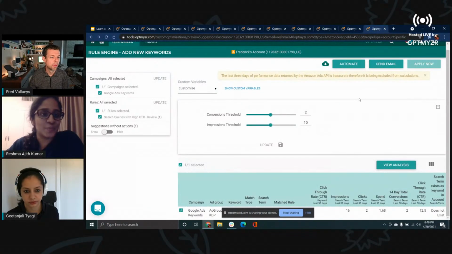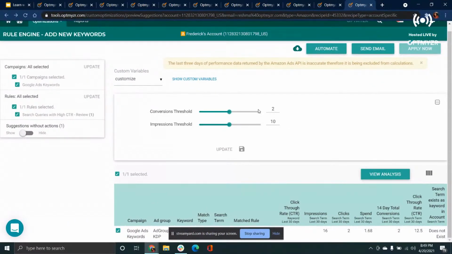Yes. And I've just opened up the suggestions. In this case, it's just a demo, but right now I've reduced the threshold to 10 just to pick up a suggestion. But yes, you will be able to see the search terms that match these conditions. And on the left, you'll be able to see which rule your search term matched. You can scroll a little bit on that.